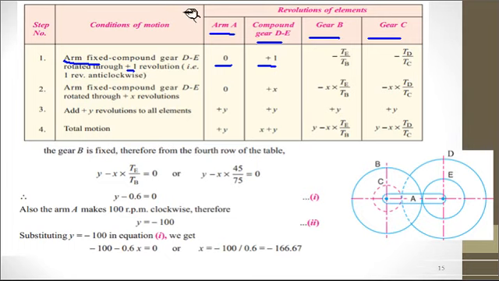Using that same formula, gear B and gear E both mesh with each other, so we calculate the velocity ratio for these two gear wheels. For that, TE by TB